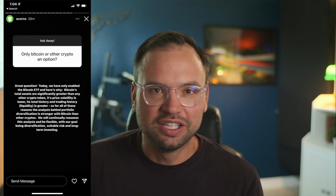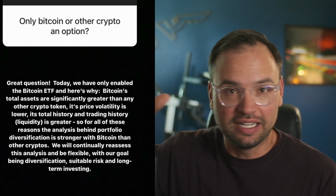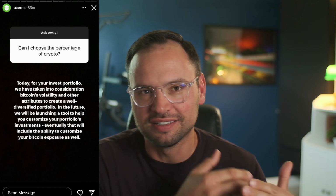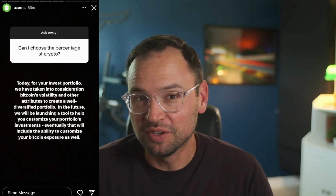So why did they choose Bitcoin? Well, Acorns said in their Instagram stories that it's because Bitcoin assets are significantly greater than any other crypto token. So it's kind of the biggest, that its price volatility is lower than other cryptos, and that its total trading history is greater. So they think it's the best crypto for them to offer on their platform, but they also mention reassessing that as time goes on to make sure that it still lines up with their goals overall. And so it kind of makes me wonder if they would offer other cryptos in the future